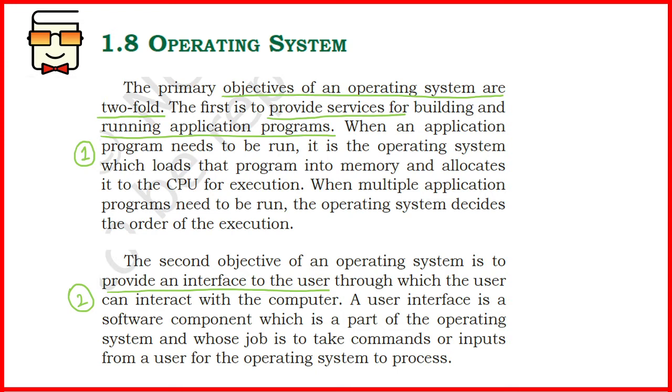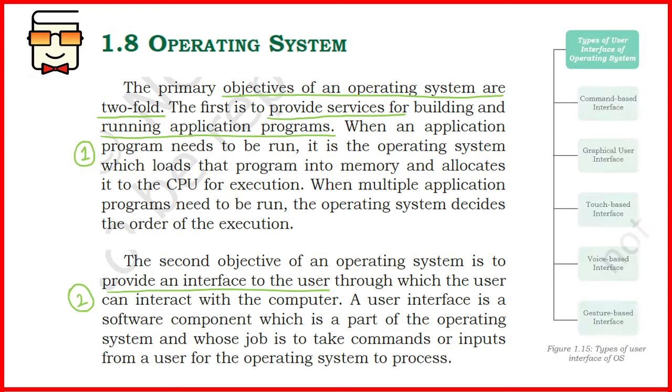An interface is a technique, or it can be a hardware or software, that allows the user to specify what task must be performed on the computer. It is a layer that acts between the user and the operating system